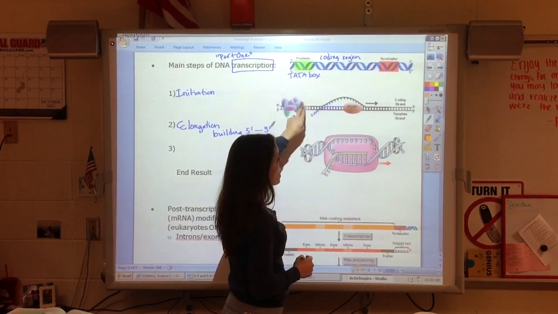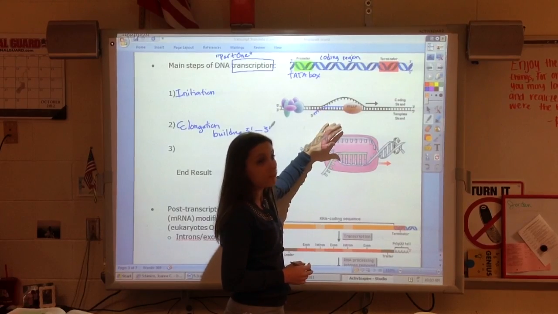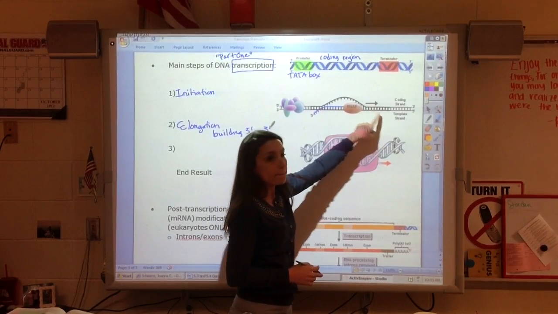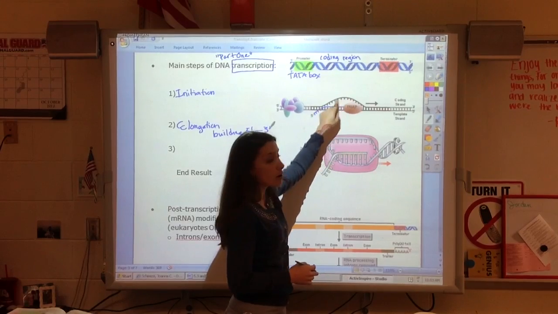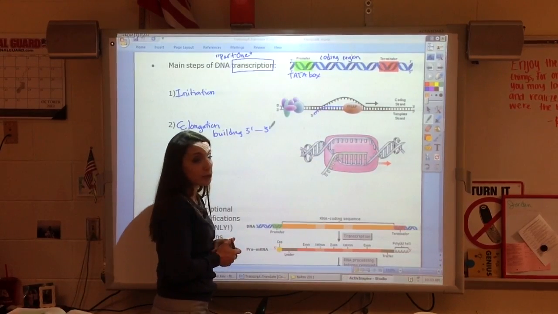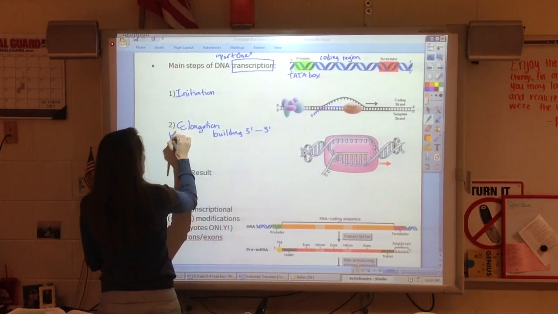So an interesting thing here is that at this particular moment we're only using one side of the double helix, and that's the template strand. The coding strand is what we call the upper strand, because when we do transcription, remember, we're not copying. We're really using base pairs